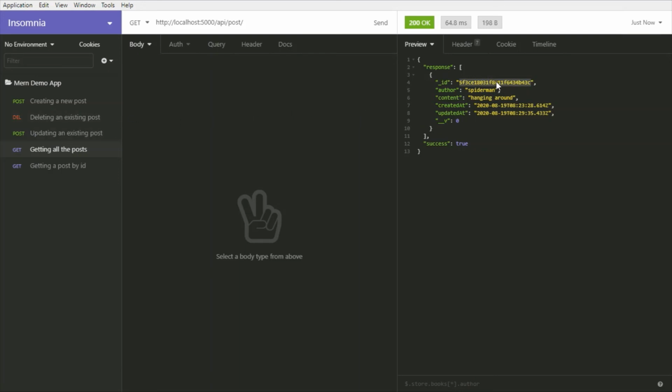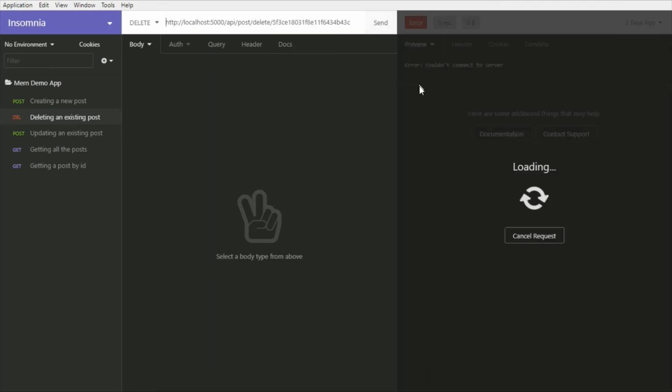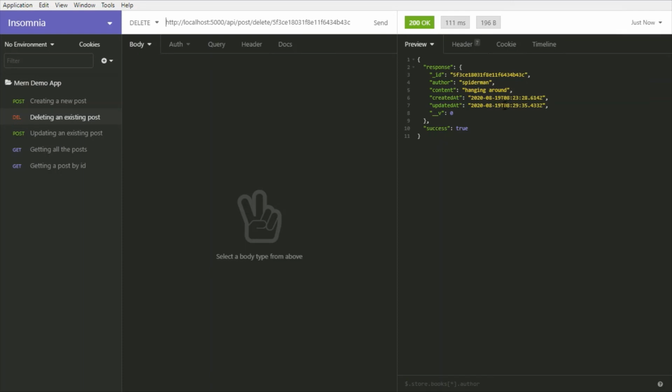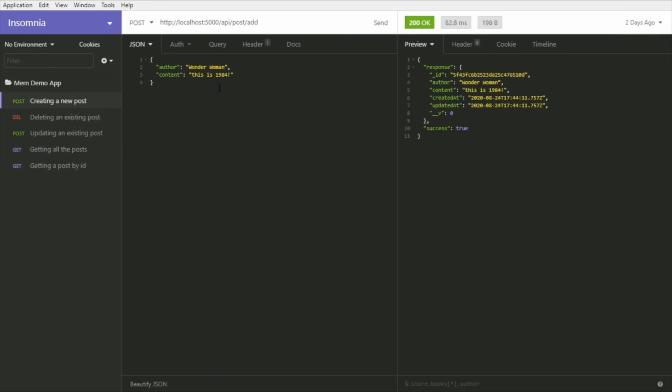So I'm just going to copy the ID, and then I'm just going to mention it here and then send. And I have deleted the post, and if I now want to get all the posts, I am receiving an empty array, and now I'm just going to create another new post.